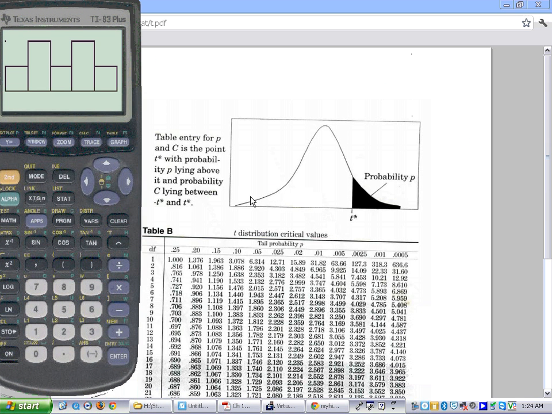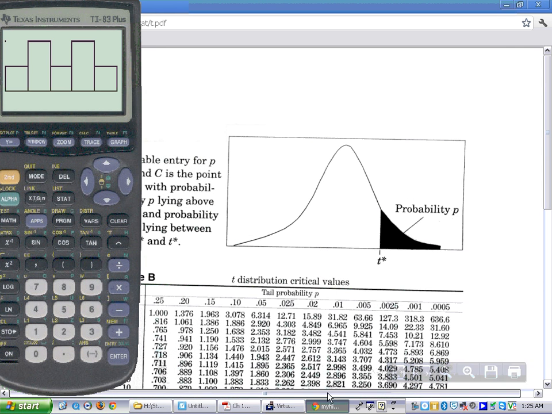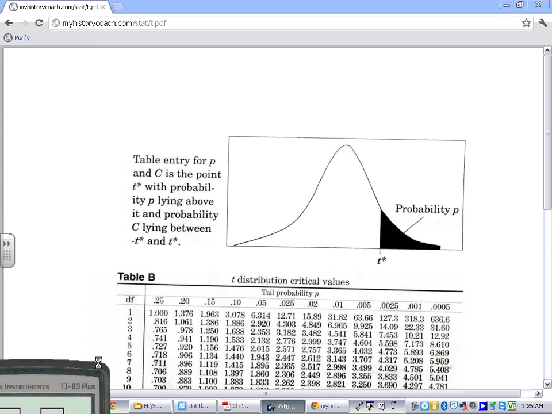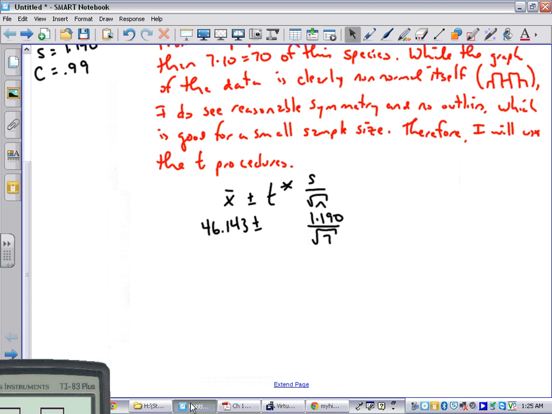And so from the green chart, or from the t table, I will go to the row that has 6 degrees of freedom, right here, and make this a little bigger for you. 6 degrees of freedom, and then I need to find where that intersects with 99% confidence. So 99% confidence, 6 degrees of freedom, gives me a t-star critical value of 3.707. So this value right here will be